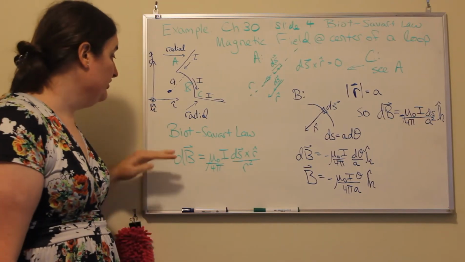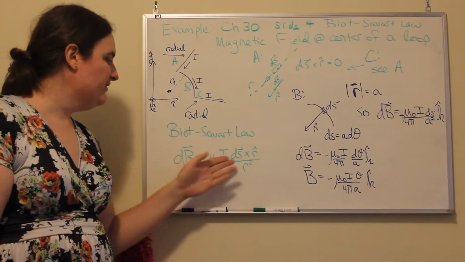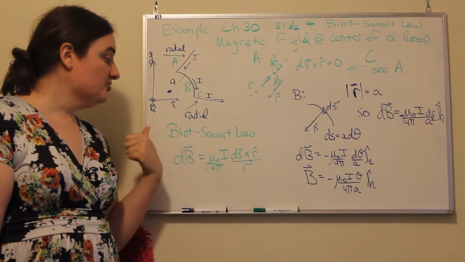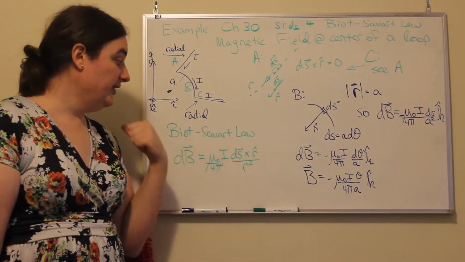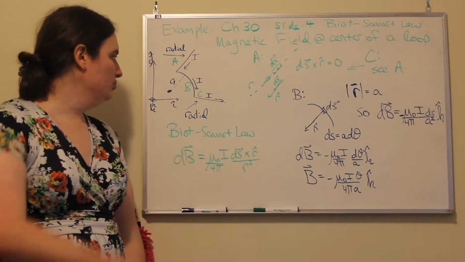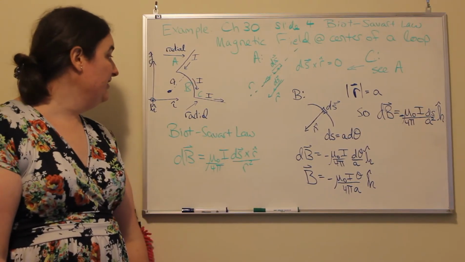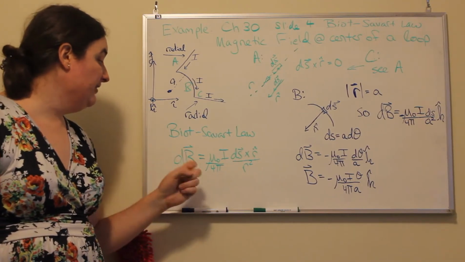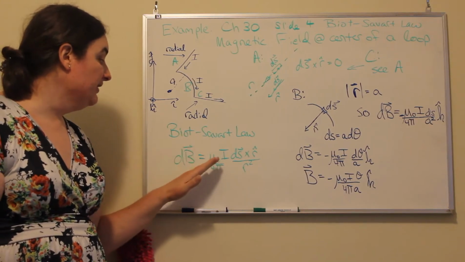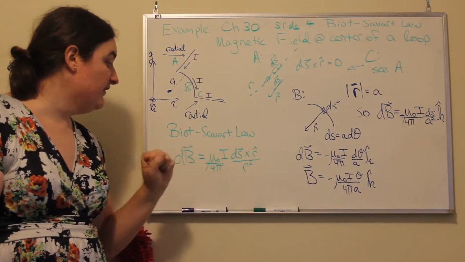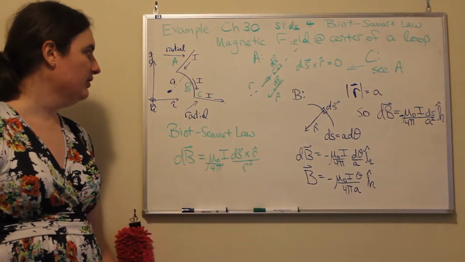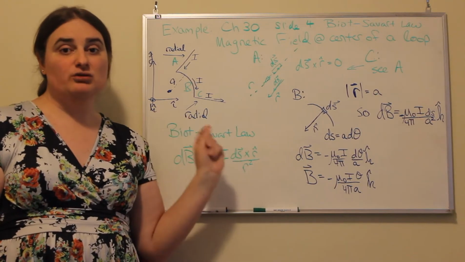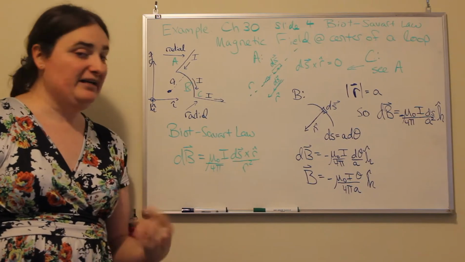So the Biot-Savart Law tells us that whenever we have a current carrying wire, we always create a magnetic field that's perpendicular to the current. It's perpendicular to a radial distance that is on a line moving away from that current, and the strength can be calculated as mu naught, the permeability of free space, times the current divided by the constant 4 pi times the cross product of our path vector ds crossed with the radial direction vector r hat divided by our radial